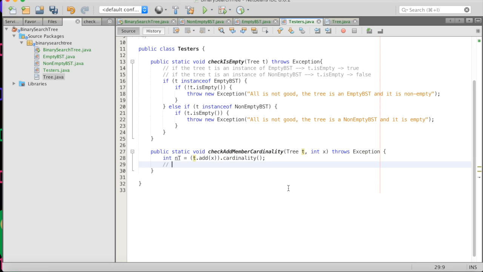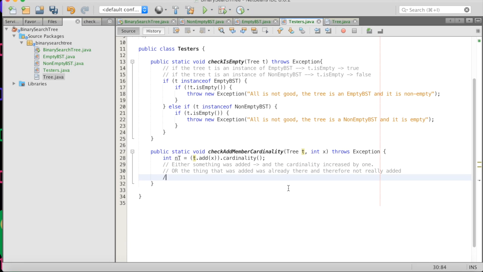And so there are basically two cases here. Either something was added and the cardinality increased by 1, or the thing that was added was already there and therefore not really added, so the cardinality stayed the same. And so if the thing that was added was already there, that means it was a member, hence we're testing member. It was a member of the original tree and therefore the cardinality stayed the same. So how do we test this? We have these two cases,